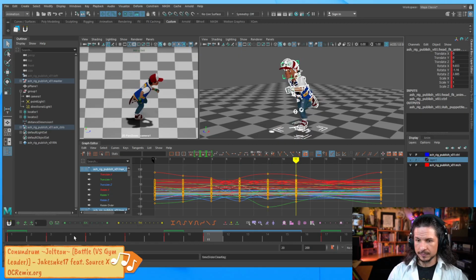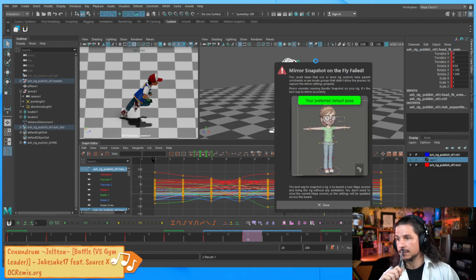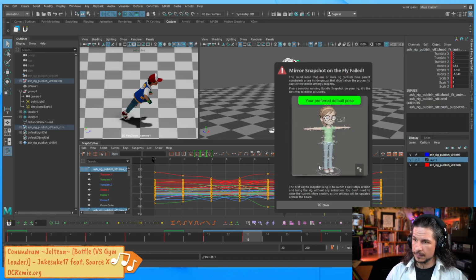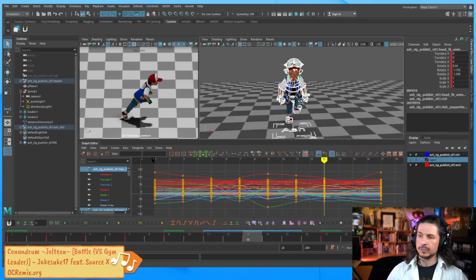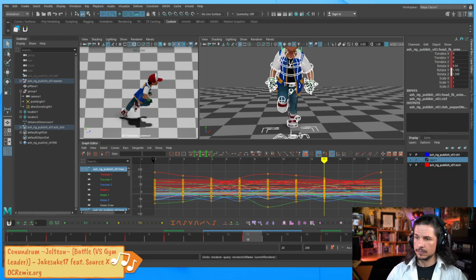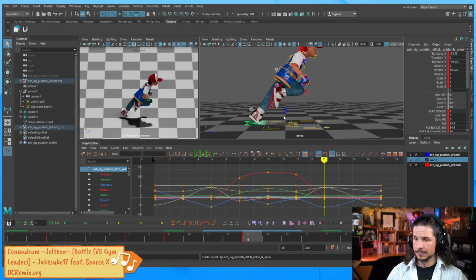Let's go back in here and see if it'll work now. If I go to frame 5, copy that over to frame 13. Copied now. And then I take this and I hit the mirror button. Dang it. Let's see. I guess it might just not work on this rig. Let's just try a few controls. Not the whole thing. Whoa. Now there is another way. Yeah. I could try it, but